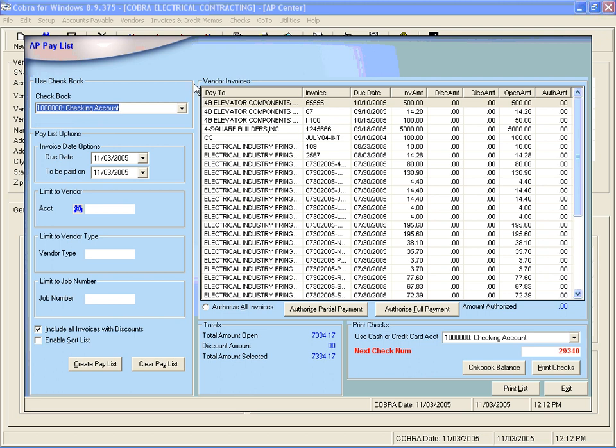Now what we can do in here is create what's called a pay list, which is nothing more than a list of invoices that we want to pay. But before we click the Create Pay List button, we can limit the pay list to several different criteria. First of all, you can limit it to a certain checkbook. So if you're running multiple checkbooks through your system, you can select the invoices that were saved under one checkbook, but later on we could actually pay them under another checkbook or to a credit card account at the lower